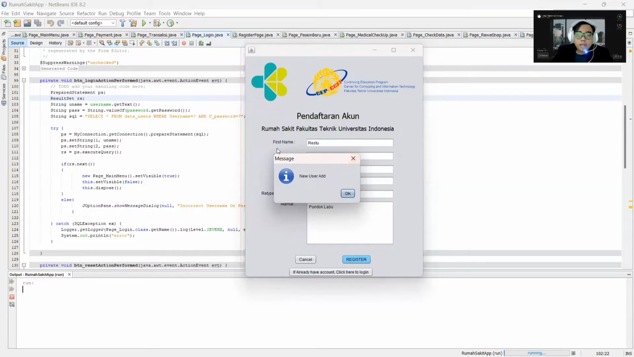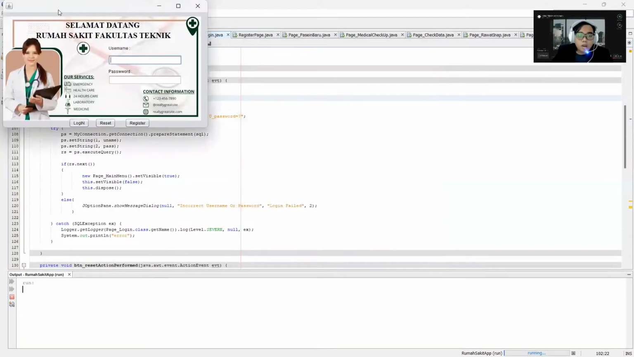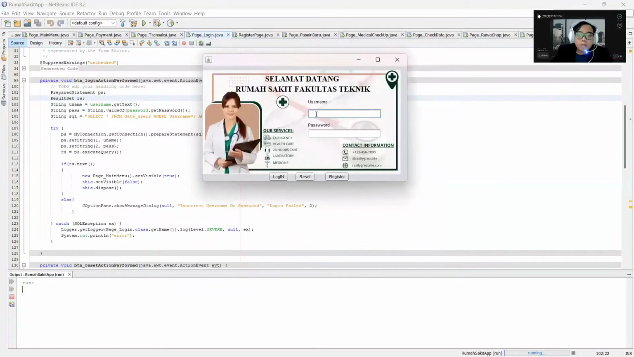Okay, and it will show the message "no user add". It means the data is added to the MySQL database. Okay, we just click OK and go back to the login page by clicking this button. Because we already registered an account, we just type in here my username